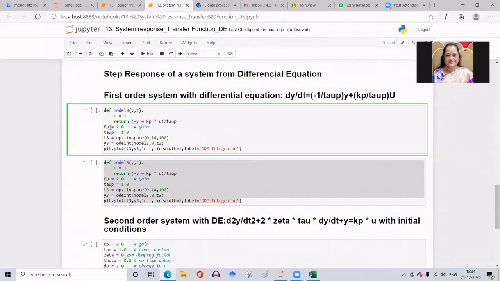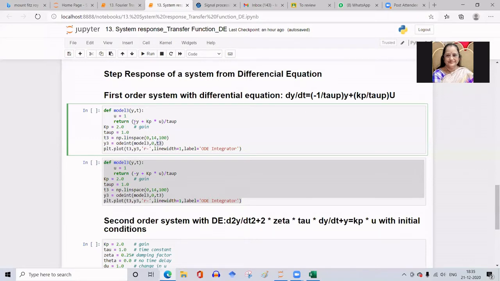I'm initializing Kp with 2 and tau p as 0.1, and a new time scale t3 as a linear space between 0 and 14 having 100 points. And I'm calling this ODEINT with this model 3 and 0 initial conditions, and the time scale is t3.